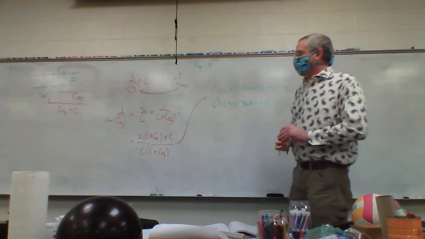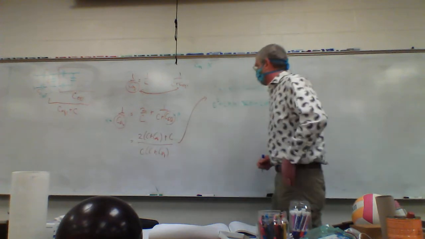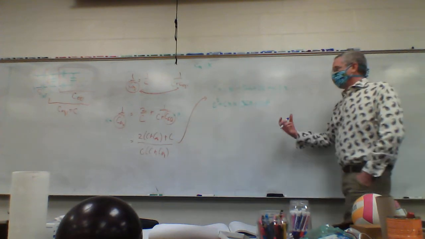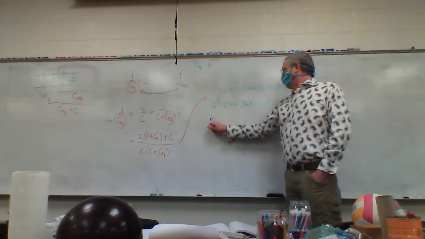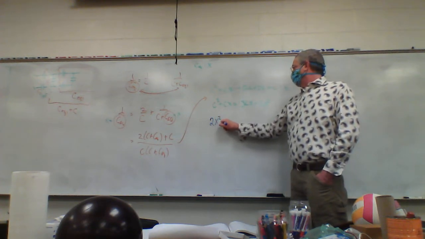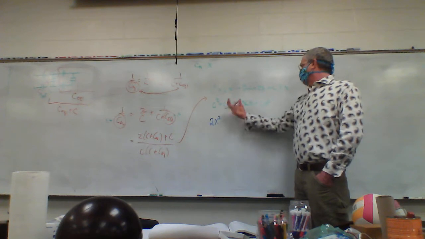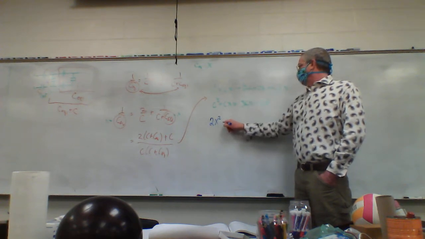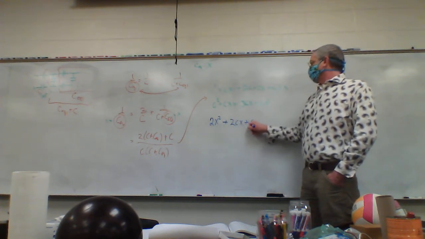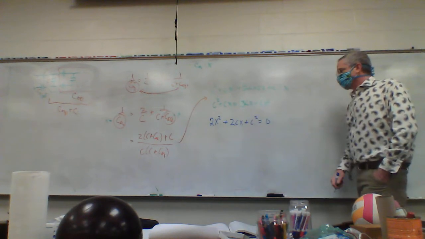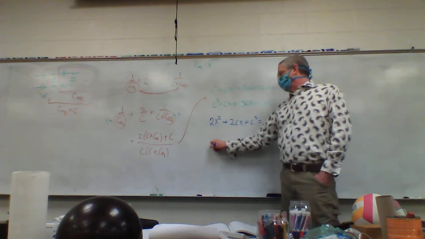Since we want to find the equivalent capacitance, we're solving for x. I have a quadratic, so let's set it up for a quadratic. I have 2x squared, getting everything over on this side, plus 2cx plus c squared equals 0. So x equals